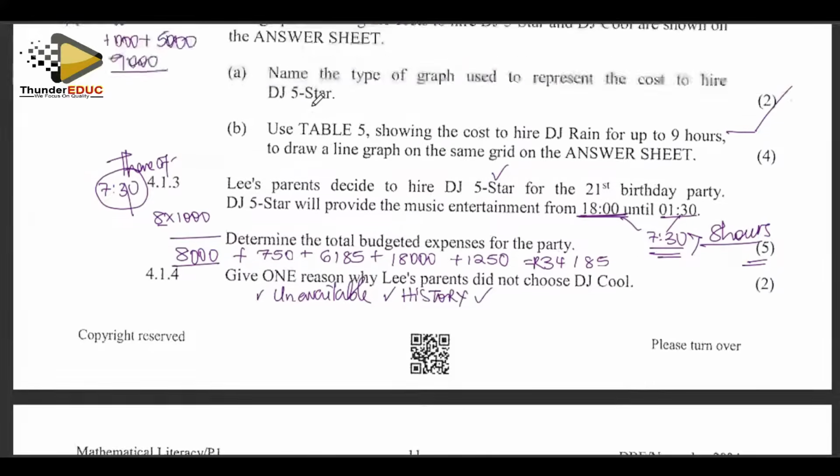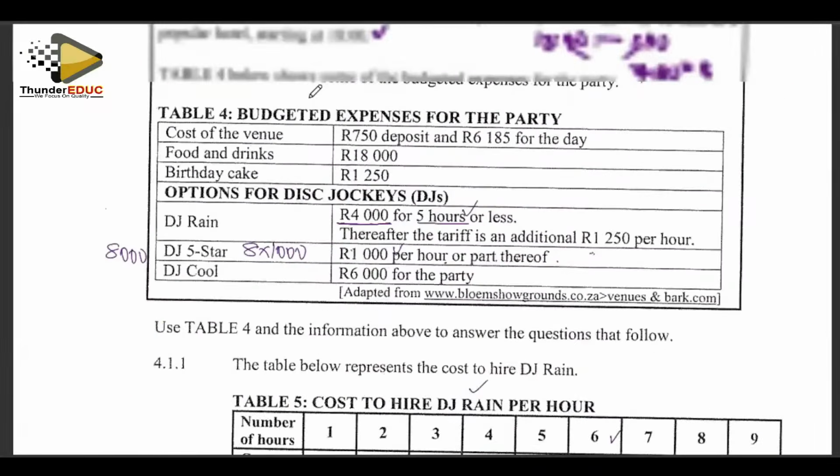Maybe also they looked at DJ Cool and at a mere glance said, oh, this is the cheapest guy, 1,000 per hour. And they didn't know whether it will spend 4 hours or maybe it will be cheaper because this one's asked for 6,000 straight. You understand? It looks to be expensive, but it might be cheaper if you're going to spend a long time. Actually, it was cheaper